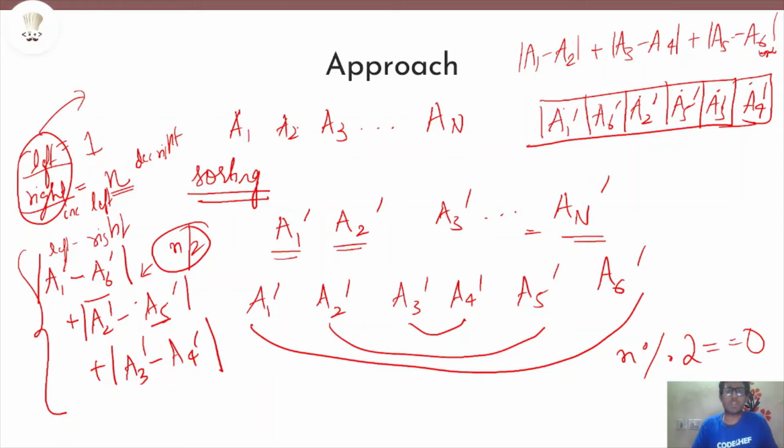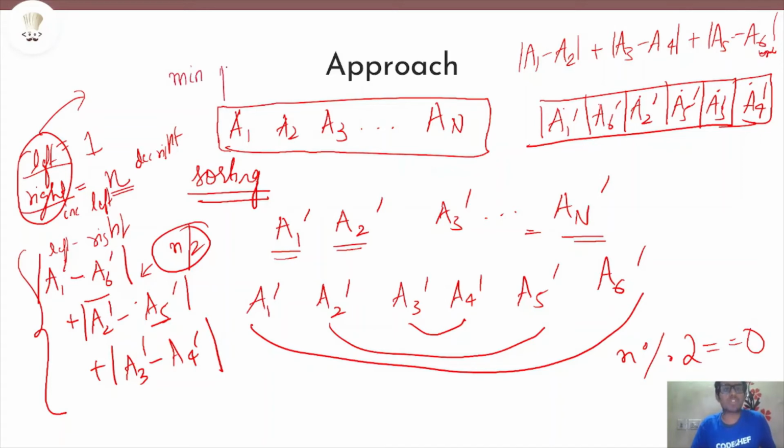Now a follow-up question to you is: given an array which is unsorted, I mean you can sort it if you want, how to find out the minimum possible pair difference? So this is the follow-up question to you. Can you pause the video and also try to find out the minimum possible pair difference in an array that is unsorted? For example, if I have an array 1, 3, 5, for example, I'm giving you an easy test case, let's say 7.